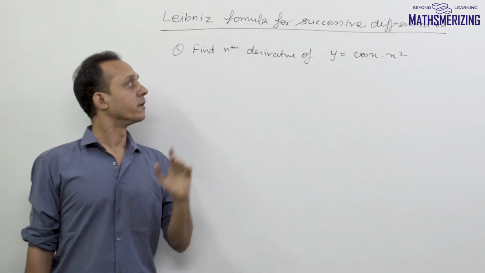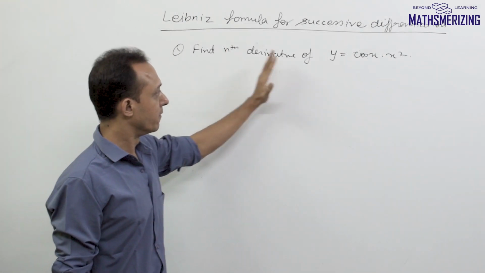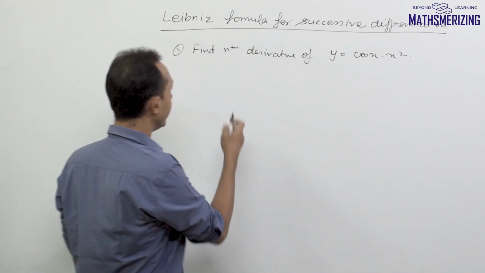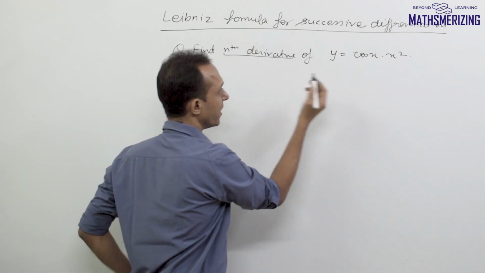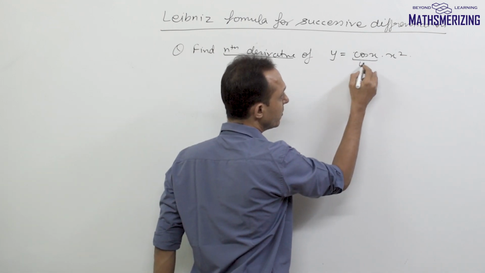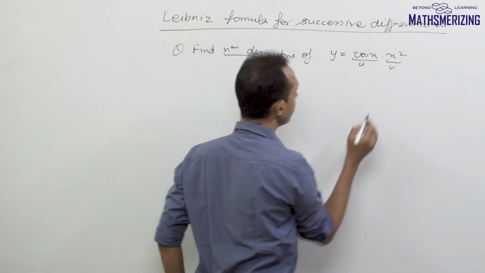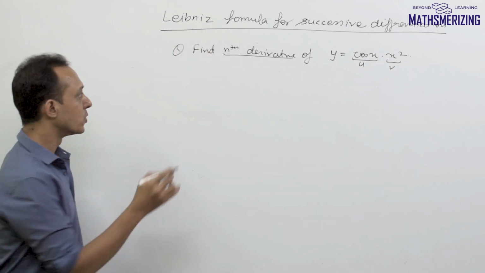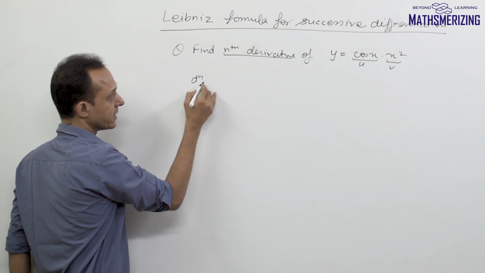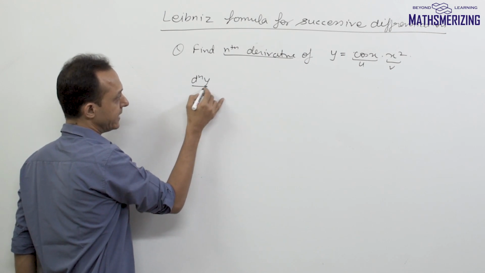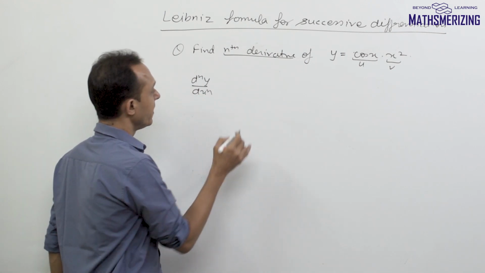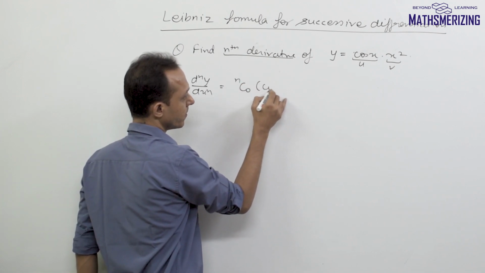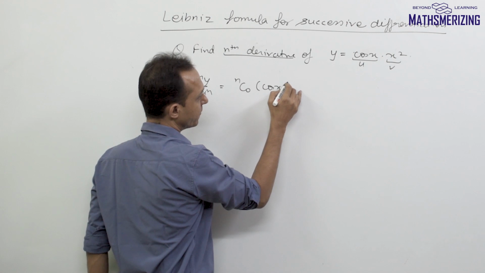Let us take another question, and which is find the nth derivative of y equals cos x into x square. So I need to find its nth derivative. So I'll assume this function cos x as my u and this x square as v, and I'll use Leibniz formula for successive differentiation. So I know that its nth derivative formula, so d^n y upon dx to the power n, is given by nc0, nth derivative of cos x,